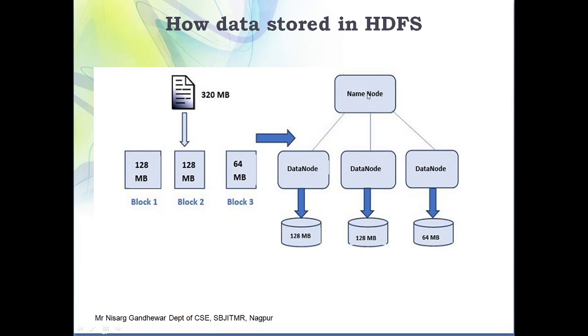Now this is your name node, and these are all the data nodes. So block 1 will be present at data node 1, block 2 is present at data node 2, and block 3 will be present at data node 3. So in this way, one file is divided into 3 sub files, and the 3 sub files are going to be stored in 3 different nodes. And who is going to maintain the information of this? Their information is maintained by the name node. Just as I told you, name node is going to maintain the metadata. Metadata is nothing but data about data. So in this way, your data is going to be stored in HDFS.